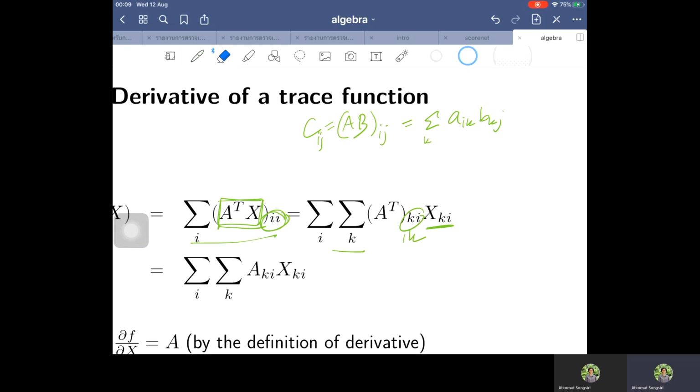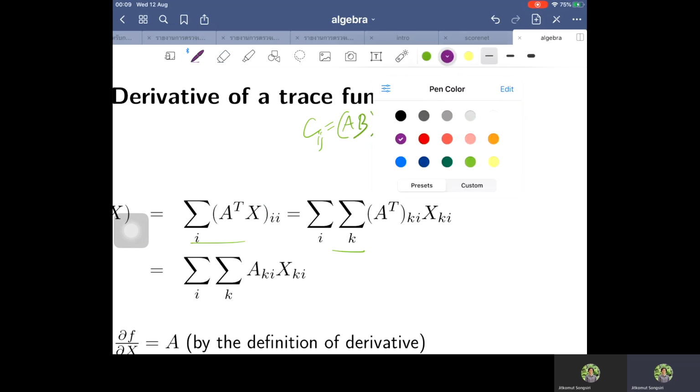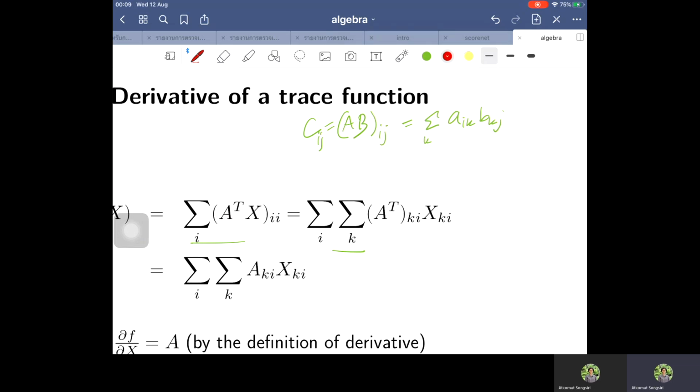Then A transpose X ii should be A transpose ik times Xki. But because A transpose ik is actually Aki,